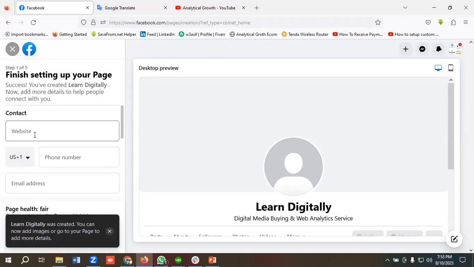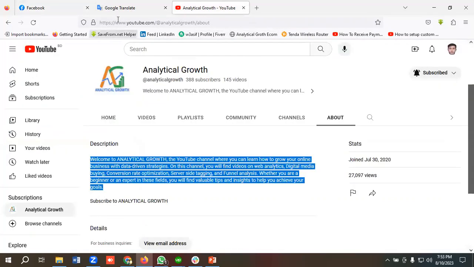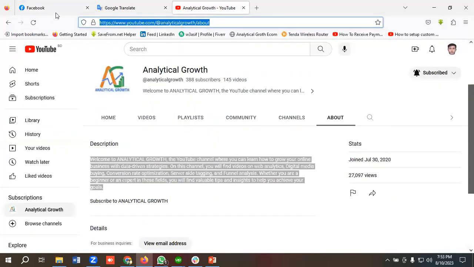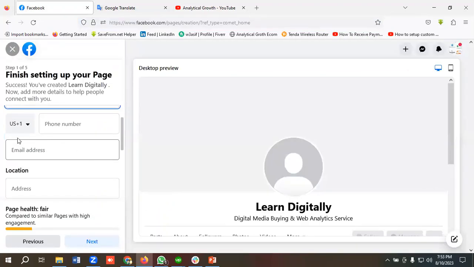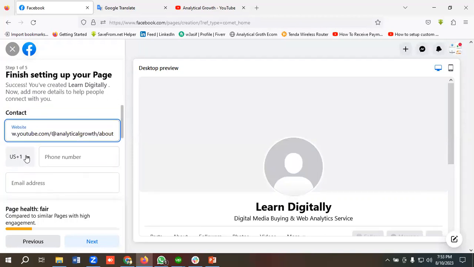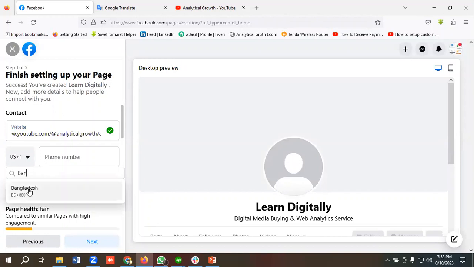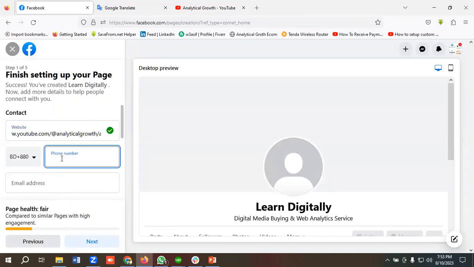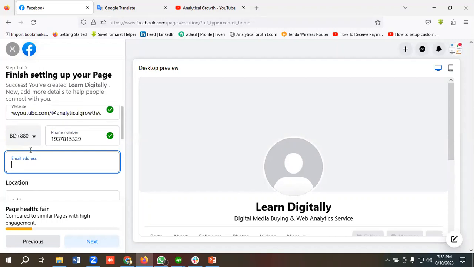Then I have to give the website URL. So if you have a website URL, you can give it over here. Like I'm giving my YouTube channel URL over here. Okay, perfect. Then you can include the phone number. Okay, so for example, my country code is Bangladesh and I'm giving the phone number. Perfect. Then email address as, for example,